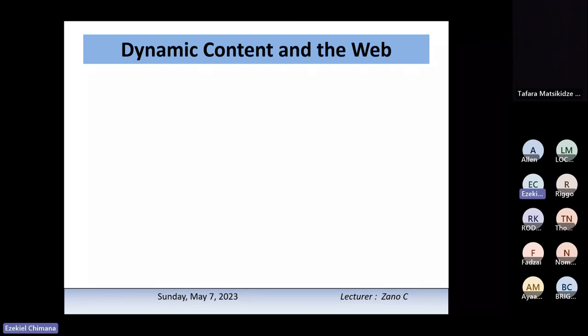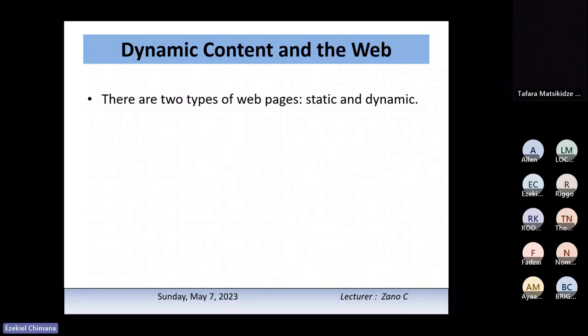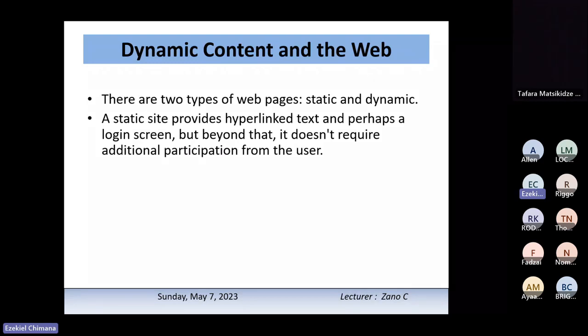So let's talk about the dynamic content and the web. You know that in web development, there is what we call a static website. You can have a static website or a dynamic website. So there are two types of web pages: one might be static and the other might be dynamic. A static site provides hyperlinked text and perhaps a login screen, but beyond that, it doesn't require additional participation